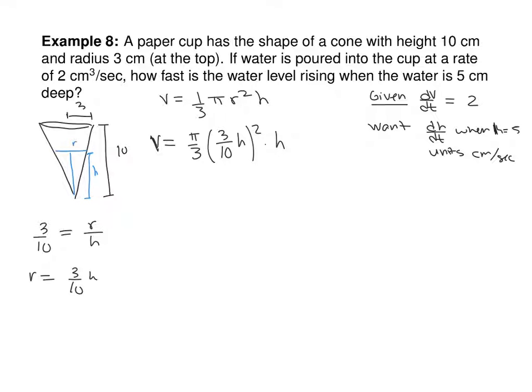Before you go on taking derivatives, simplify that little guy. What's the power on the H? H to the third. Okay, there'll be a 3 pi, what's the denominator? 100, there we go, because you square the 3 and the 10, right? 3 squared is 9, but the 9 over the 3 is still just 3, and then the 10 squared is 100. Isn't that easier to take the derivative of than everything with the product rule? Yay, derivative of that. dV dt equals,